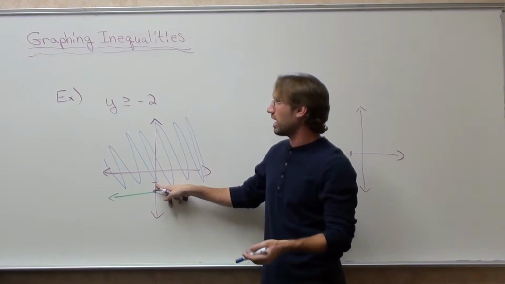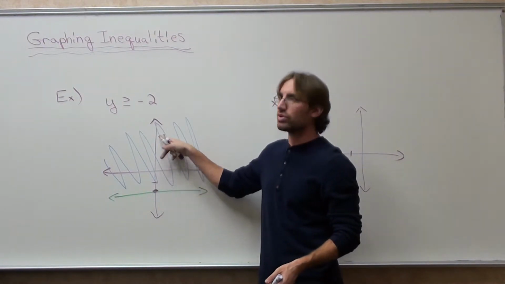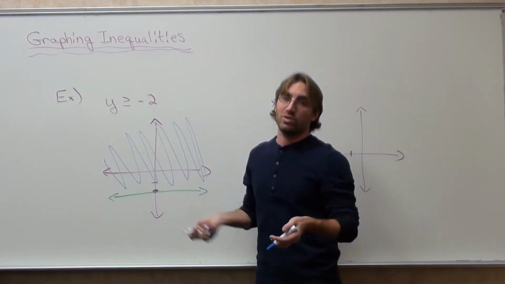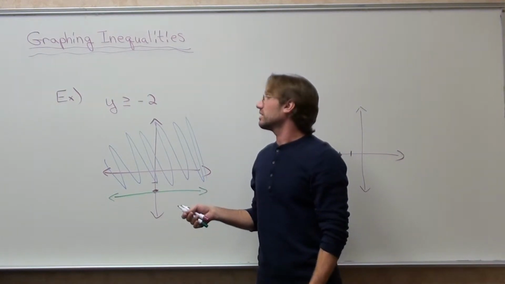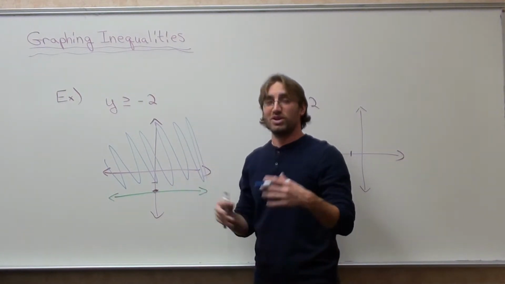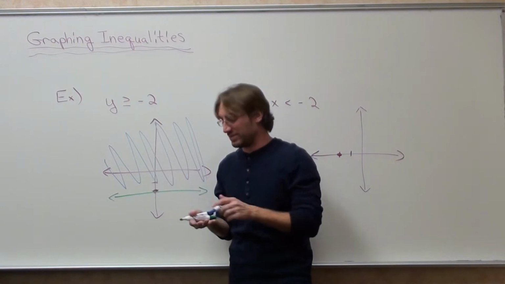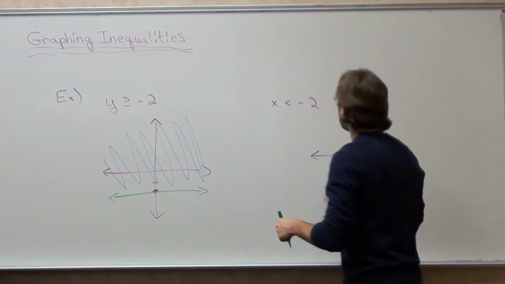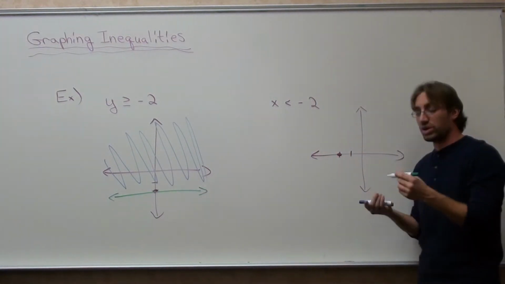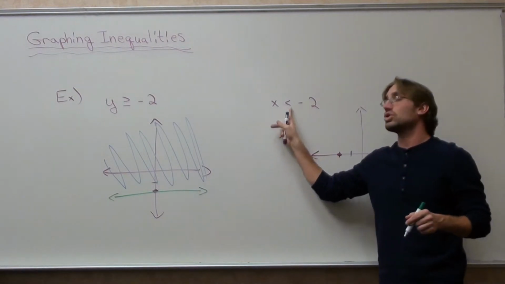And that's it. Everything that's shaded actually works as an answer. Example, -1 for y will work, 0 for y will work, 1, 2, 3, 4, and you can go on forever. And we're not going to go on forever because 15 minutes is pretty much all I can do, so that's it. Moving on. x is less than -2, it's a horizontal, but be careful, there's no line underneath it,